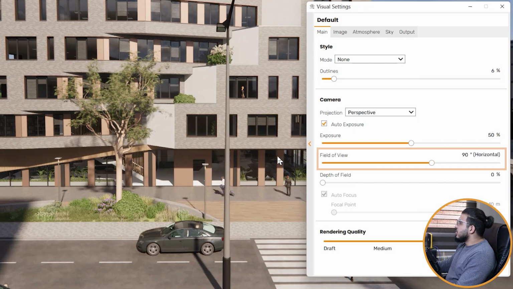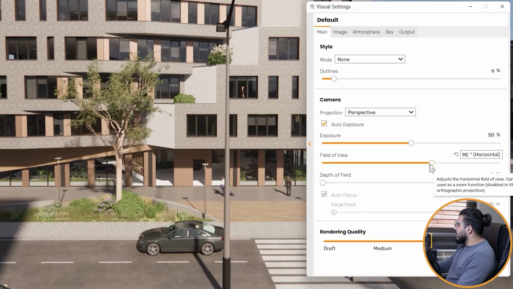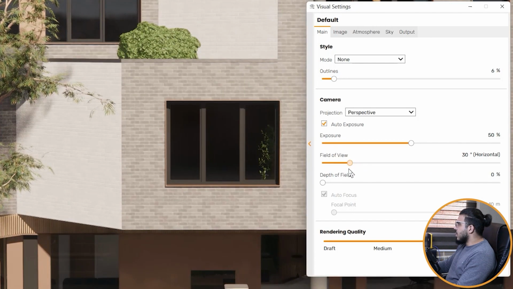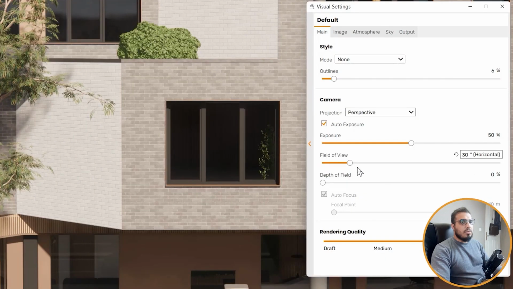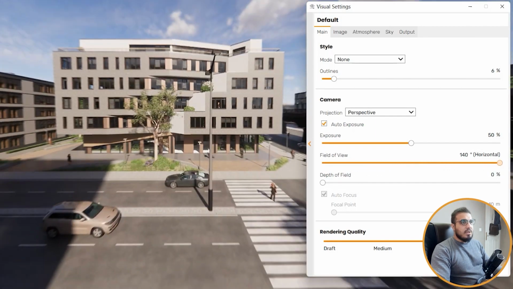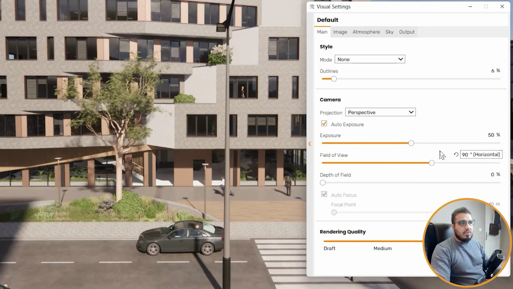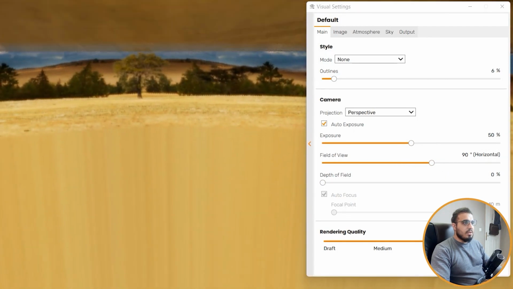The next parameter that we have is field of view. That is kind of a zoom in your camera. You can use different lenses for your scene. For example, you can increase it, and now you're using a wider lens, and when you decrease it, you're using a close-up lens. It will be useful to create some close-up or wide image for your render. But be careful to not decrease it too much or increase it too much, because it will deform your shape. Okay, now let's restart that to the same thing, and now let's go to the interior side.